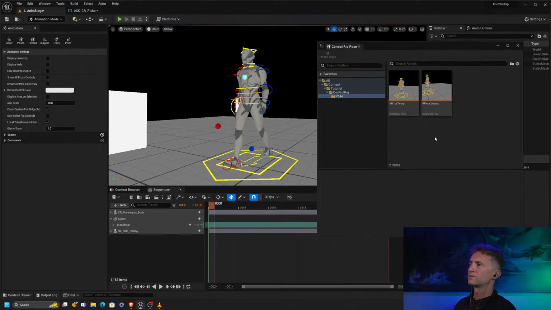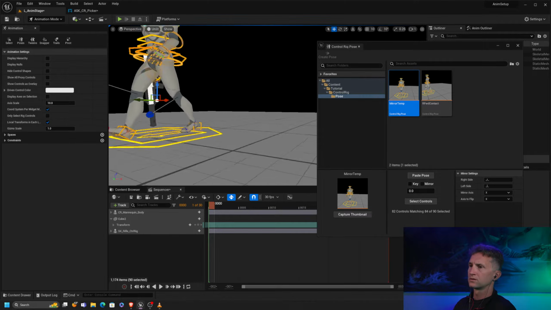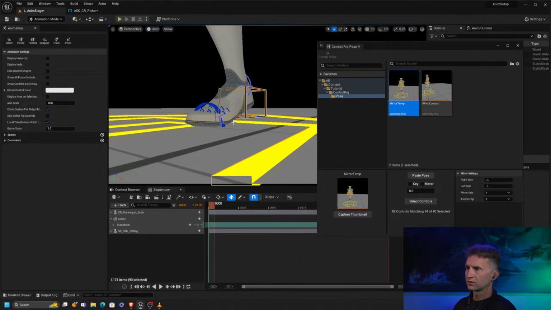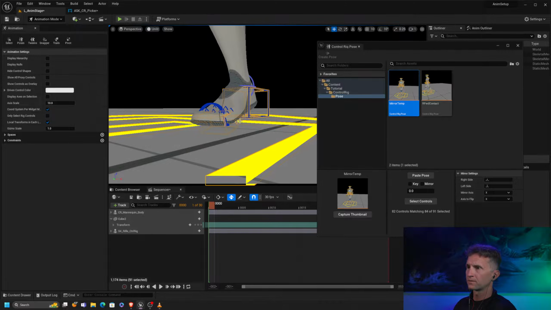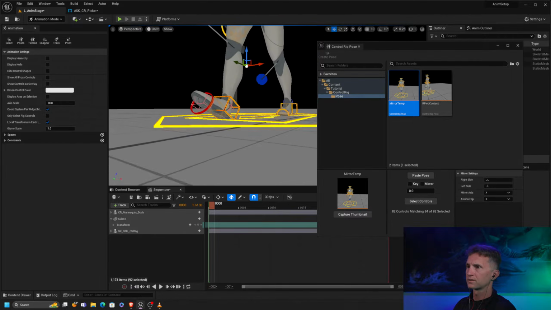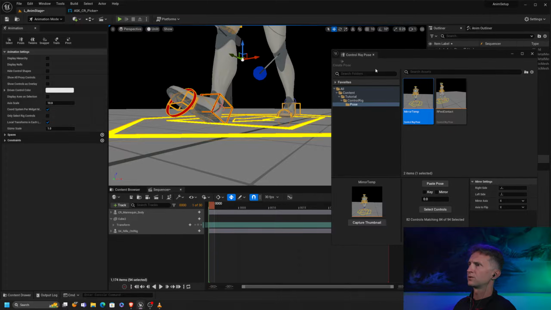What I'm going to do is select all the controls for this guy, plus maybe our feet, for example. And this is actually kind of cool because we could also use this as a selection tool within our control rig. Let me get the other foot too real quick. Okay, and I'm going to create a new pose for this,